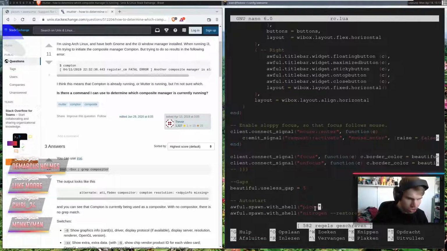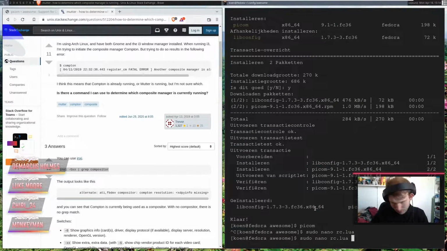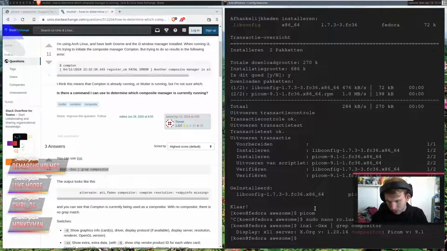Okay, so now it should work. And it does appear to be working, but we still don't get any fade effects.